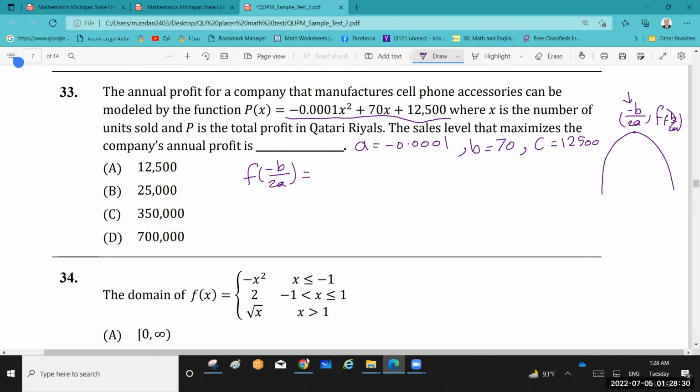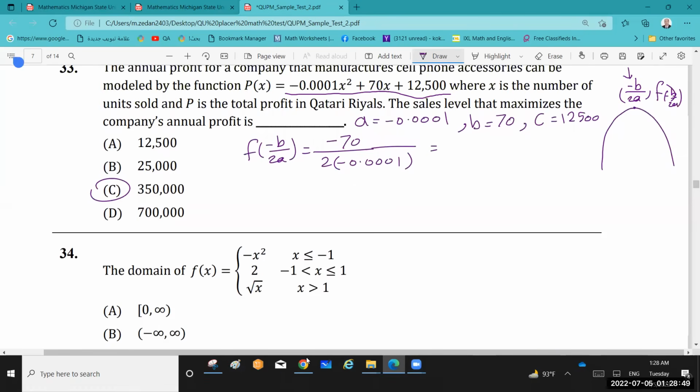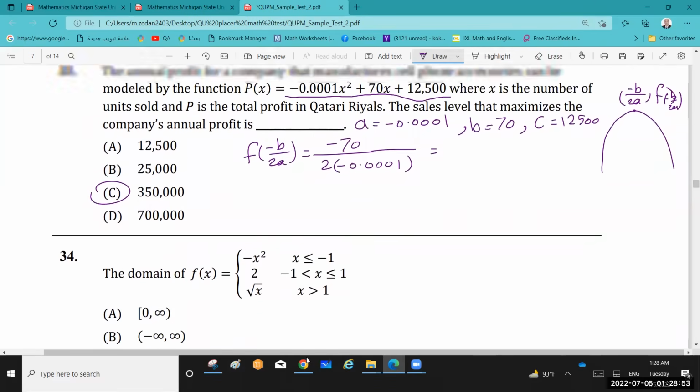Negative B is negative 70 over 2A, 2 times negative 0.0001. Calculate this amount, it gives you this part, C, 33, the answer is C. Okay, this is the maximum value, or the maximum profit the company can reach